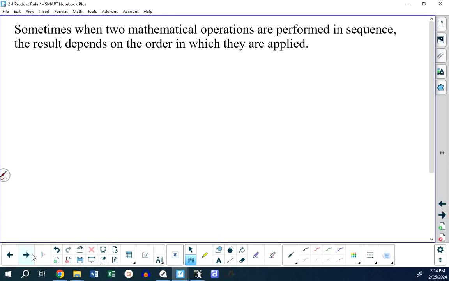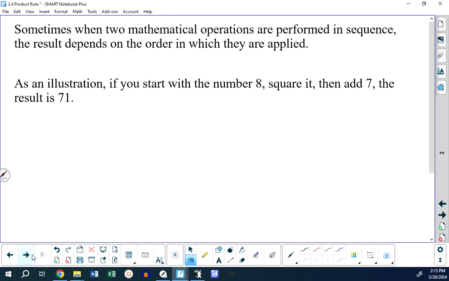Very often in math, you encounter rules that connect two operations together that it turns out you don't really need a rule for. The order in which you apply the two operations doesn't change the outcome. Sometimes, however, the order in which you apply the operations does change the outcome. So sometimes when two mathematical operations are performed one after the other, the result depends on the order in which they are applied. As an example, if I start with the number 8, and I'm going to perform two operations to it,